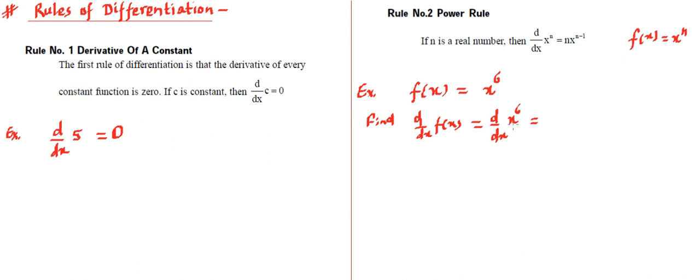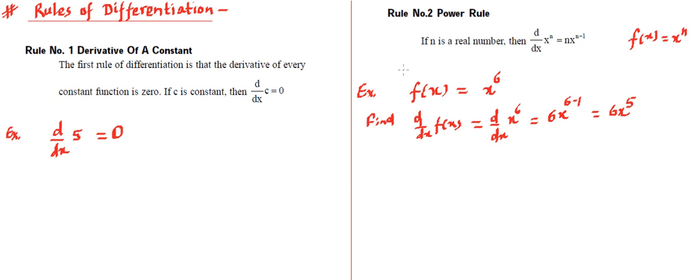Now you see, this is very similar to x raised to power n, so we can compare, and we find here the n value is 6. As per the rule, the value of n comes in front, so 6 will be coming there. Then we keep this x, and we reduce the power by 1, so it becomes 6 minus 1. So our answer will become 6x raised to power 5. Now you see, this was the function given to us, and dy upon dx is going to be 6x raised to power 5. So the power gets reduced by 1, and the power also gets multiplied as a coefficient.